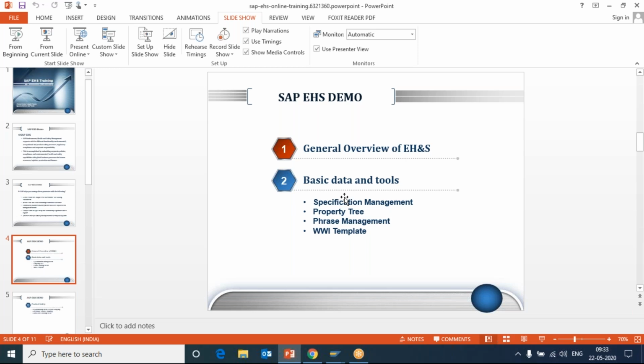Let's say in your company on an annual basis, you would be generating about 15 reports. How exactly do you need these 15 reports at the end of the duration? You can decide it and configure those details in basic data and tools. That is the configuration part we do in basic data and tools.